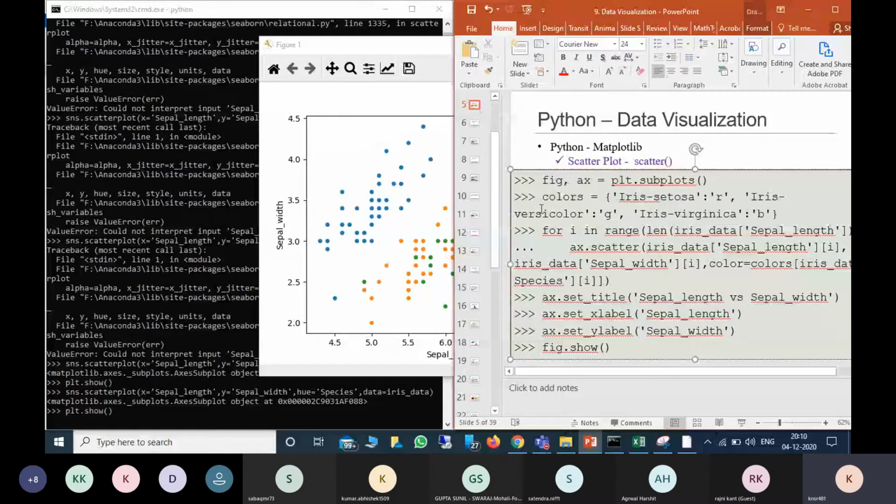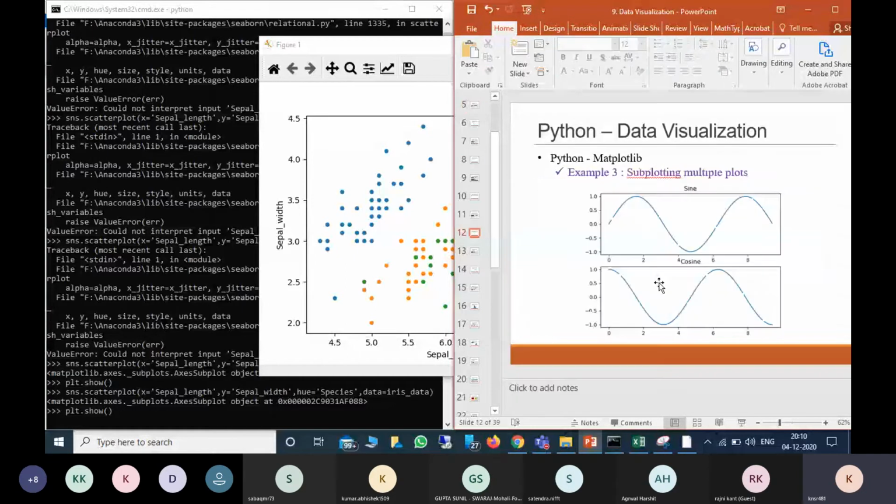Then we have to do this one. A lengthy process. But if we see here, this complete thing, what we did, we did it in a single line.